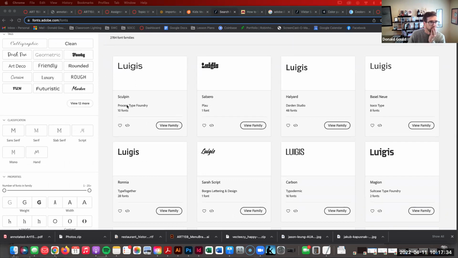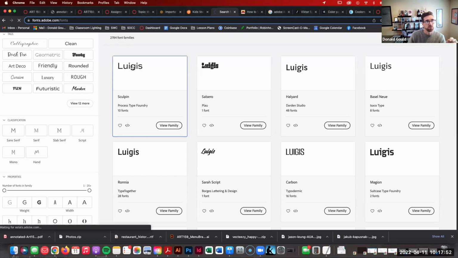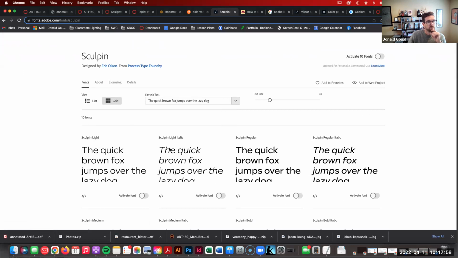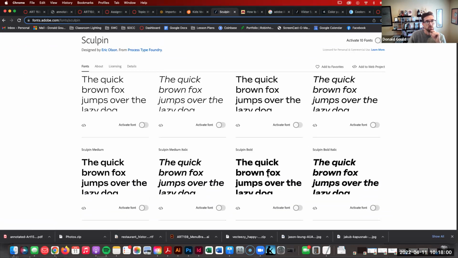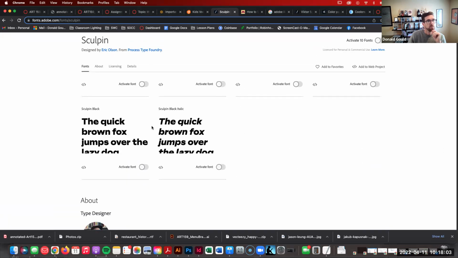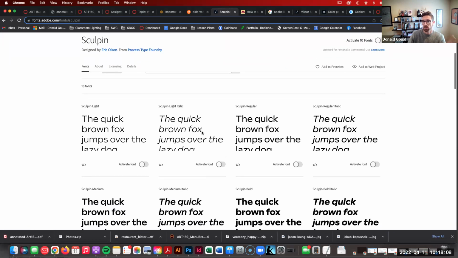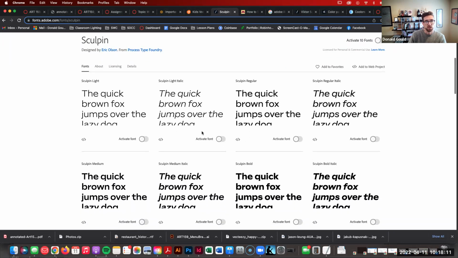So for example, here, I could see this one up here, this Sculpin. This is a nice typeface, right? It's a sans serif typeface. It's a little bit longer. It works nicely for that title. And this has 10 different fonts inside of it, meaning the typeface of Sculpin has 10 variations inside of it. If I click inside of this, I know that there are different options. I have a light version, a light italic, a regular, a bold italic, a black and a black italic. This is great. This gives me some variation that I can use to increase the hierarchy within my menu